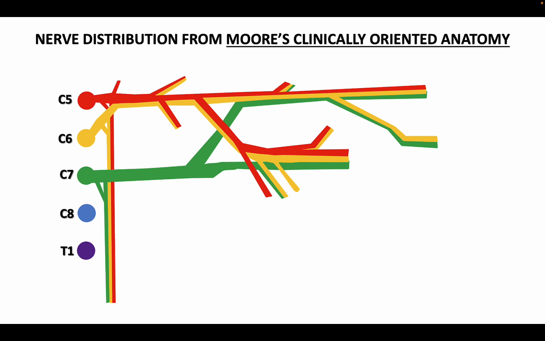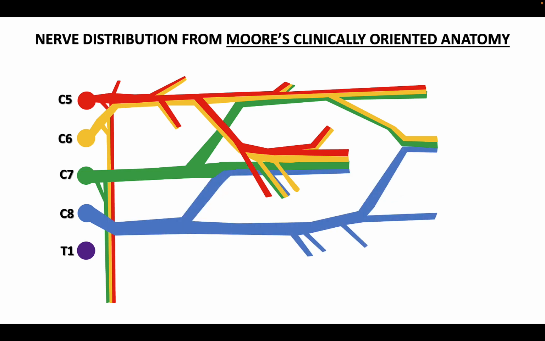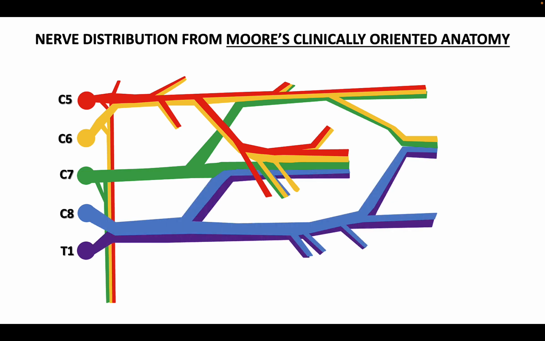And sometimes C5 and C6 will combine together to create a nerve we name, but other times they're not together at all, or they're combined with other spinal neurons from other spinal levels. This is what we mean by distribution. And to add one more level of complexity, this is just one textbook's opinion of the average distribution that